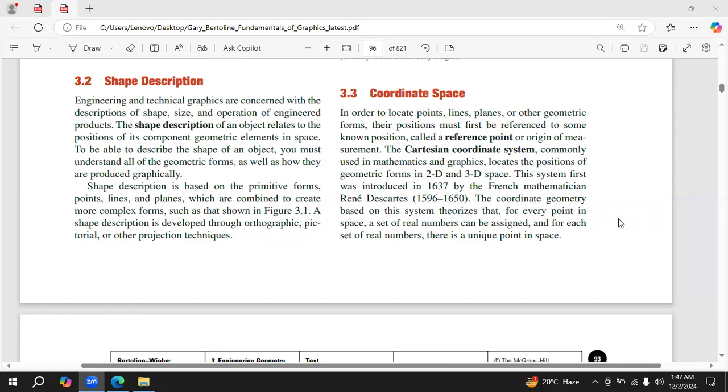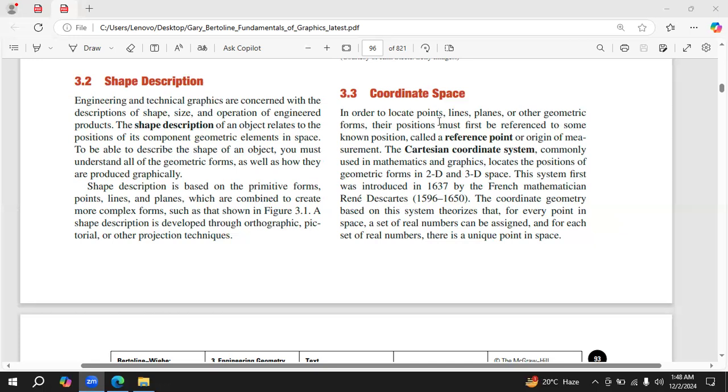So, what is meant by coordinate space? In the previous video, we learned that in order to develop a complex geometry in software designing, you need to set your initial point, also known as a reference point. This is very important, whether you are working on a 2D model construction or a 3D model development. In both cases, the reference point plays a very important role